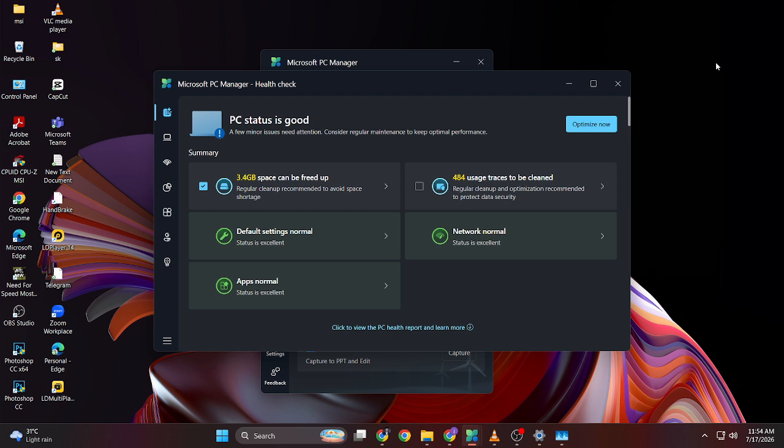By regularly freeing RAM, managing startup apps, and closing unnecessary background processes, you can help your Windows PC stay